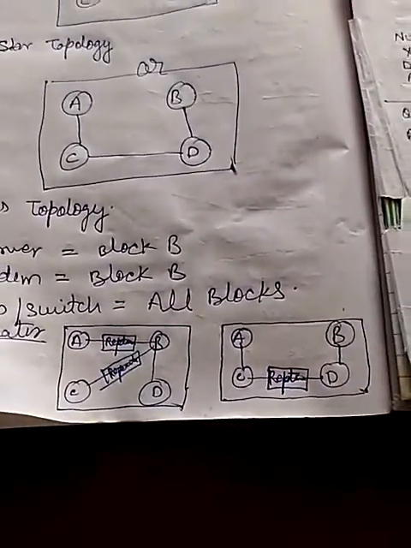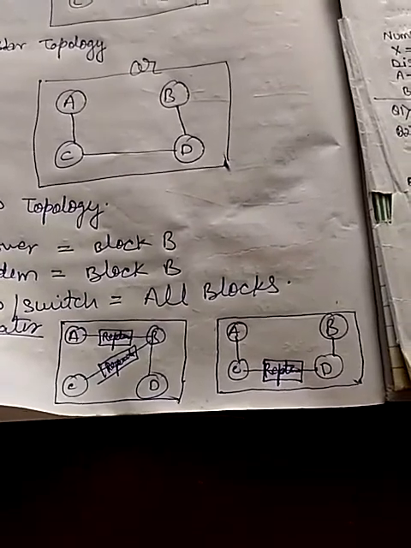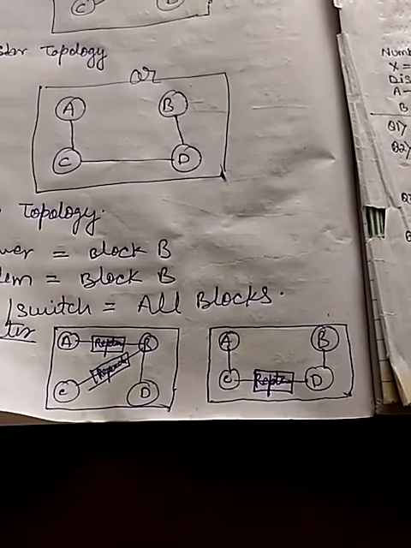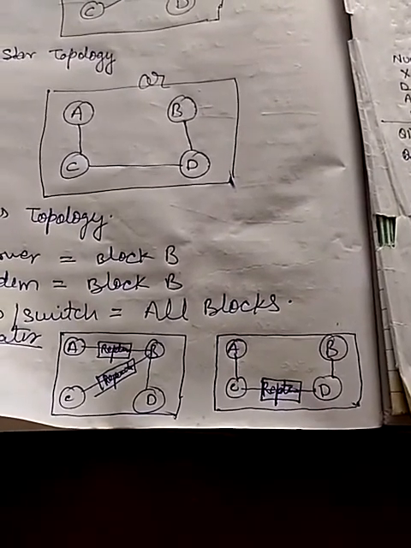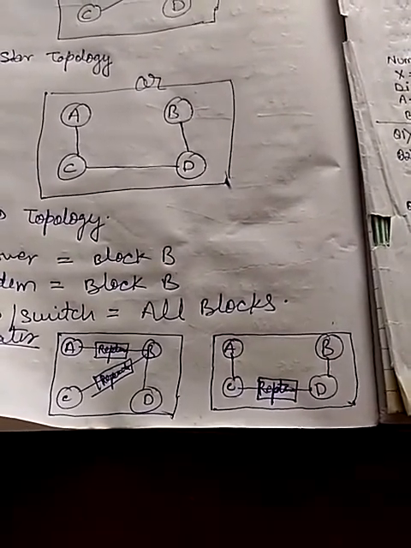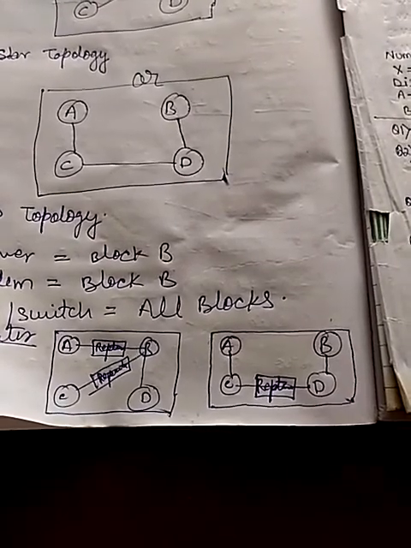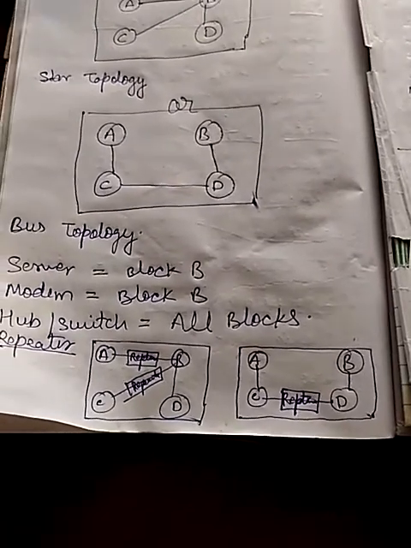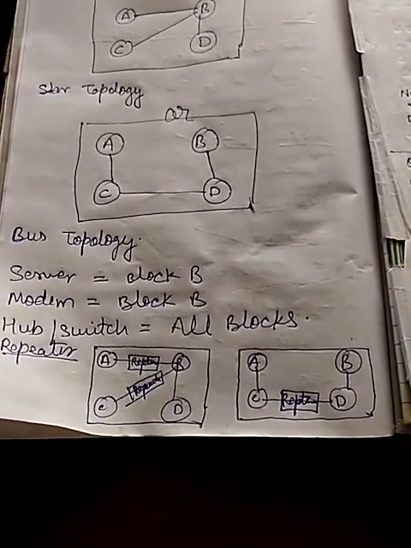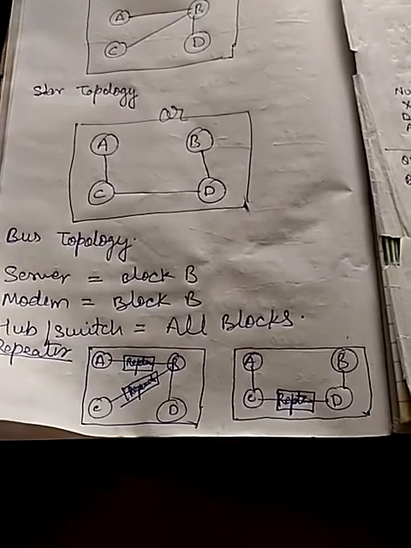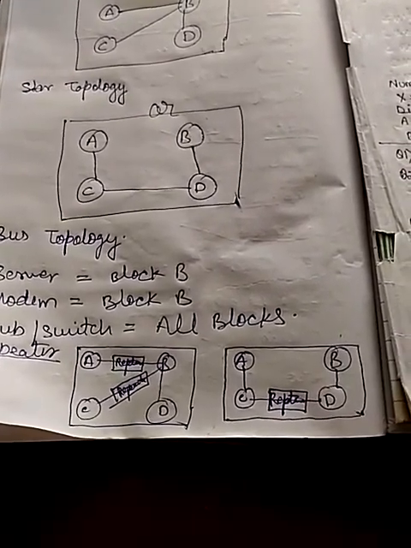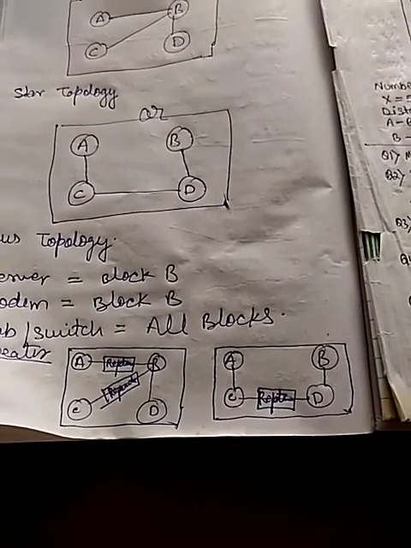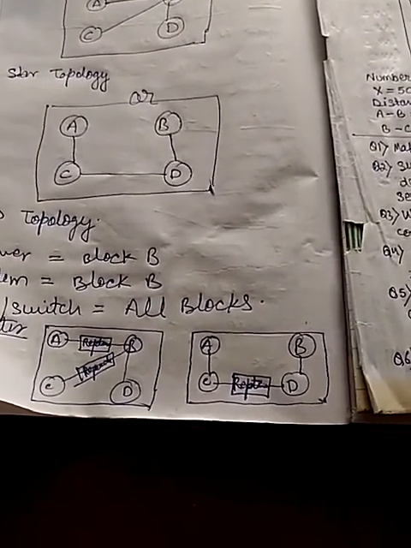So in this way we can place the repeater according to the specific topology which we have used in the cable layout connection. After drawing this diagram, also mention the placement of the repeater in words, okay, so that you can justify your answer. The justification for the placement of the repeater is that it is used to connect the nodes which are at a distance of more than 100 meter.